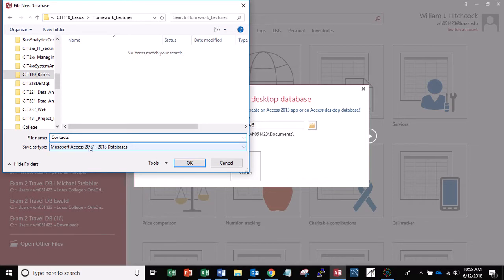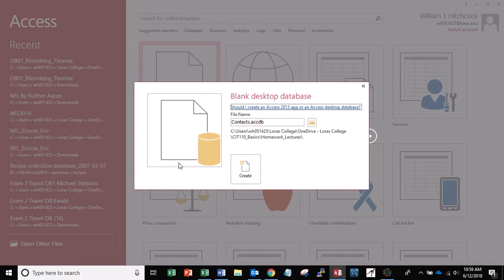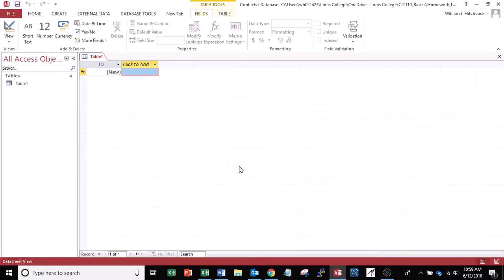and we can save it as a type of 2007-2013 databases. That's the default file type that I have on this version of Access. So I'm going to hit OK, click on Create, and as soon as I do that, it automatically puts me